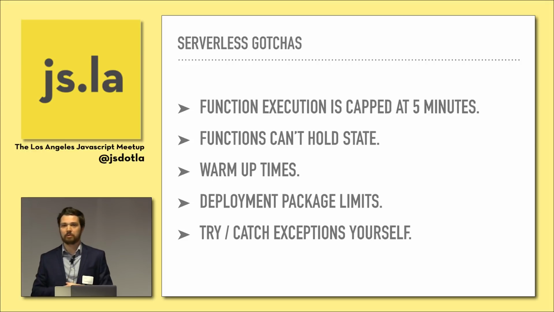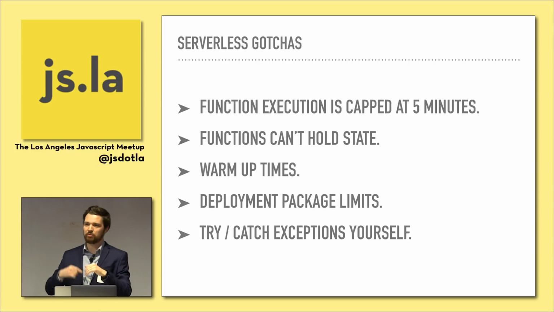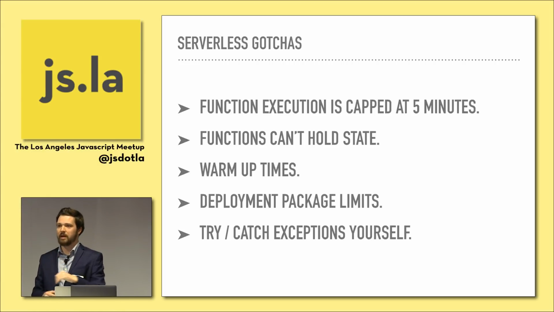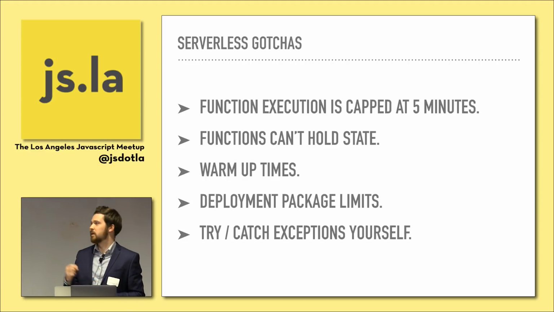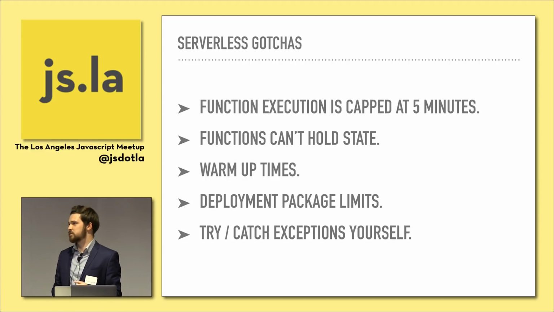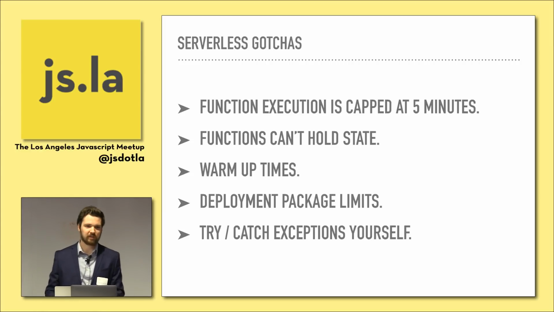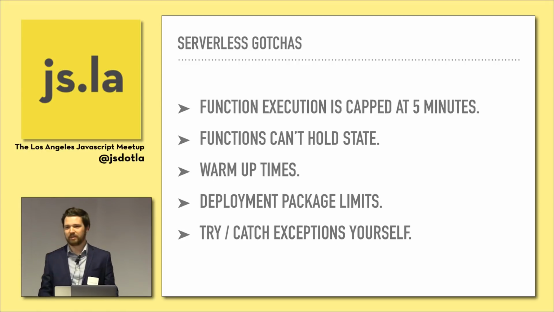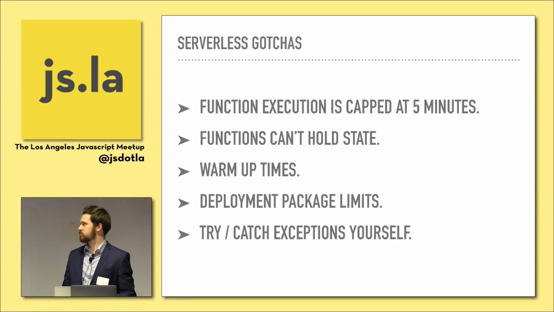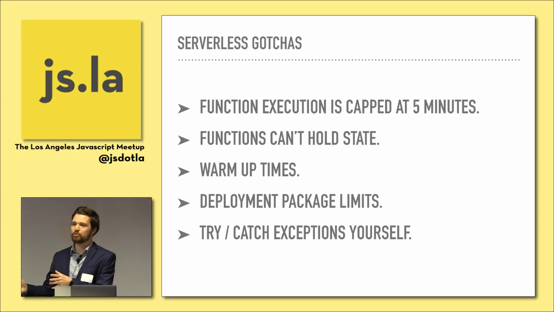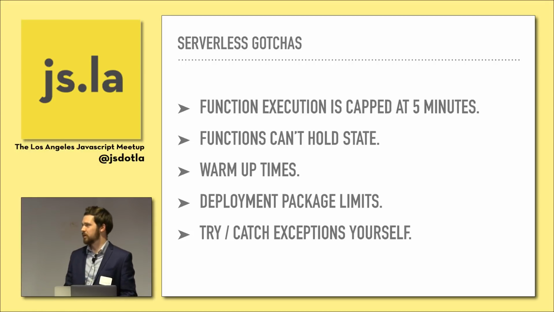Warm-up time is also a problem. The first time a request hits your Lambda, it takes a while to warm it up and spin up that environment. The subsequent requests come in and are processed very fast. The way to deal with that is, for all the stuff that has to be available in real time, you set up triggers to hit your Lambda and keep it warm. For stuff that doesn't have to be real time, it can stay cold, and that will be cheaper.